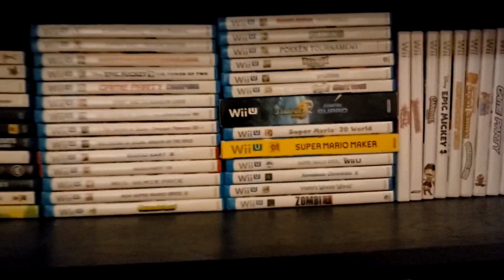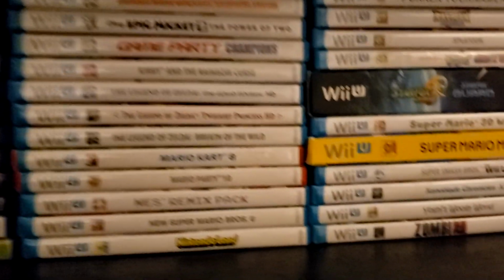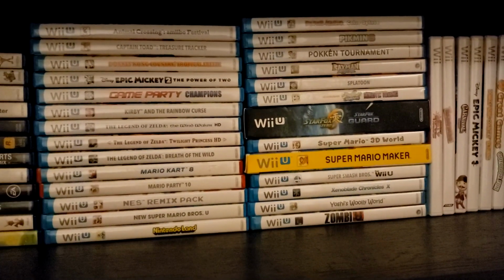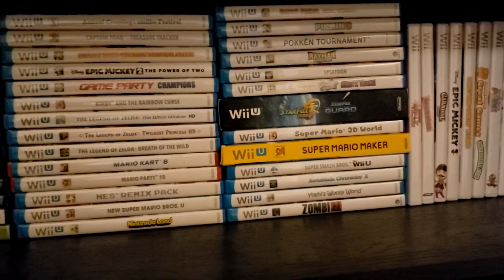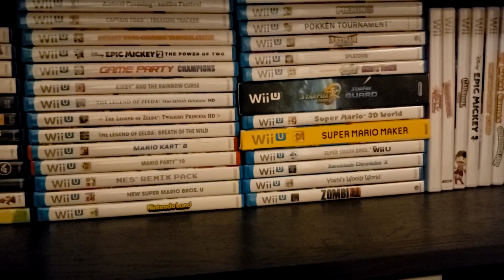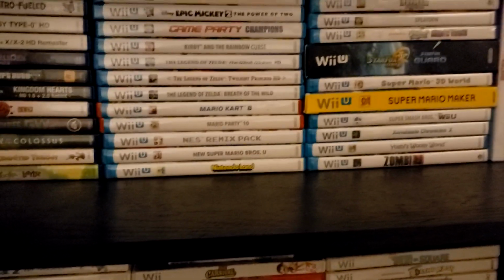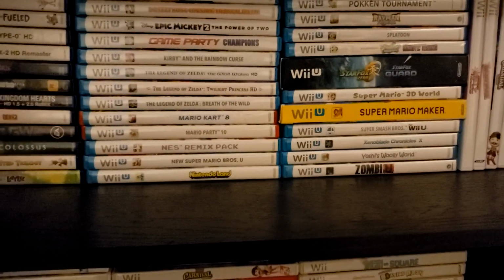There's my Wii U collection. Not too big, but the Wii U itself doesn't have a lot of physical games. I think it's like 160, something like that. So all things considered, this is quite a few of the Wii U games. So it's sad, though, because the Wii U was such a failure. I mean, it has a decent library, but it's the library you'd expect from a console that didn't do so well. But the thing is, most of the games on it are digital,